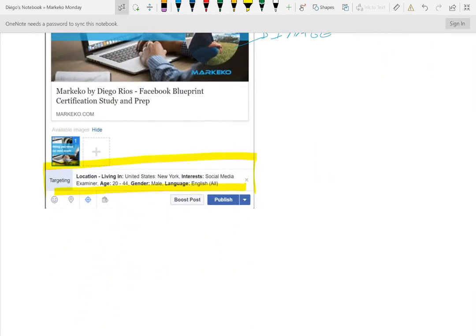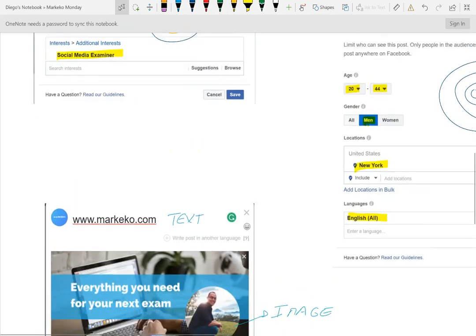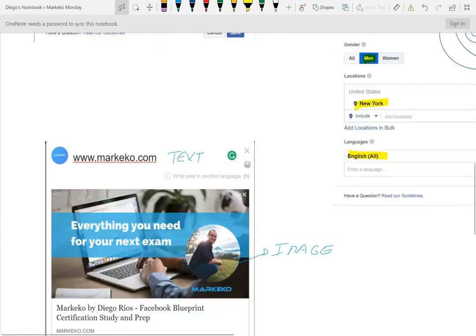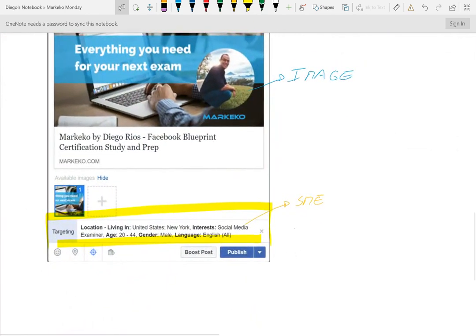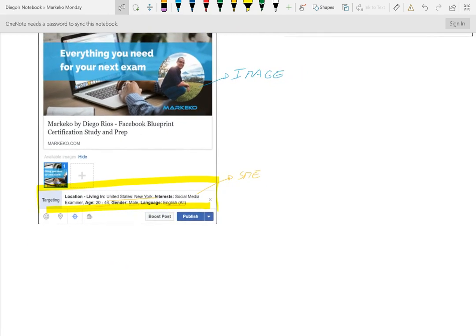So Facebook said, well, we're going to find for interest, Social Media Examiner. And for your audience restriction, for demographics, we're going to find people that are between 20 to 44 who are male, English, in New York.